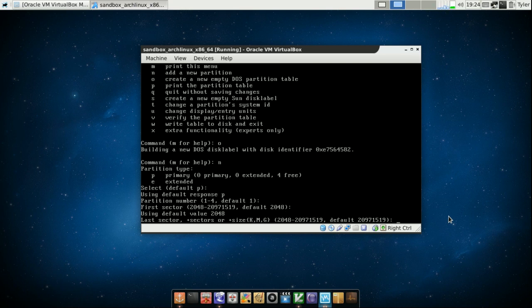and actually we want to give it a size of 512 megabytes. So we do plus 512 capital M to assign 512 megabytes to this partition. Press enter,